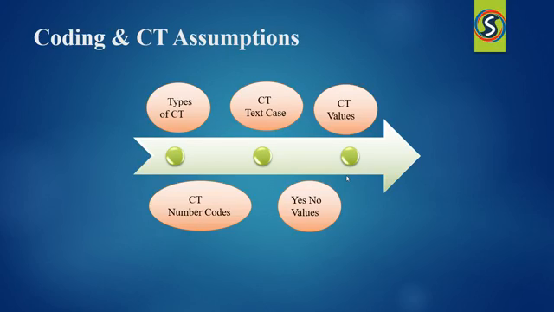Let's see the use of control terminology and arbitrary number codes. Control terminology or decoded text should be used instead of arbitrary number codes in order to reduce ambiguity for submission viewers. For example, in concomitant medications, the verbatim and or dictionary term should be presented rather than numeric codes. Separate code values may be submitted as supplemental qualifiers and may be necessary in analysis datasets.